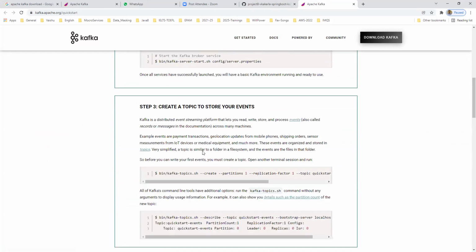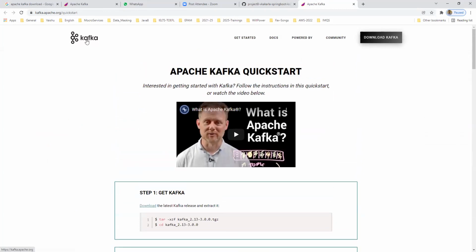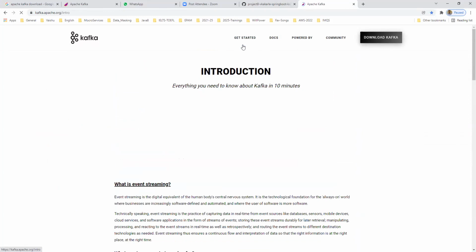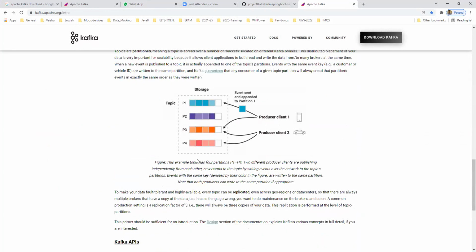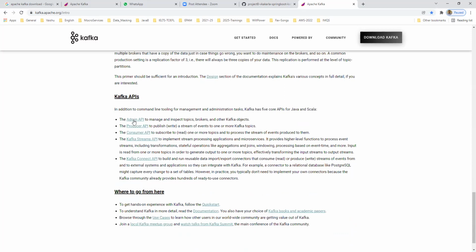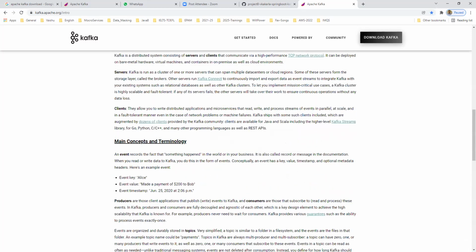Then the broker, and create a topic here. This Kafka documentation, the get started guide, provides each and everything. Kafka, who are providing the software, provide all components and all information about their internal components. From this we can learn, so I documented it like that here.